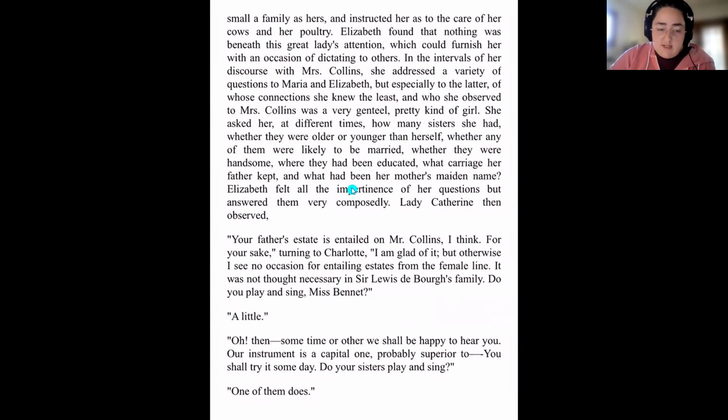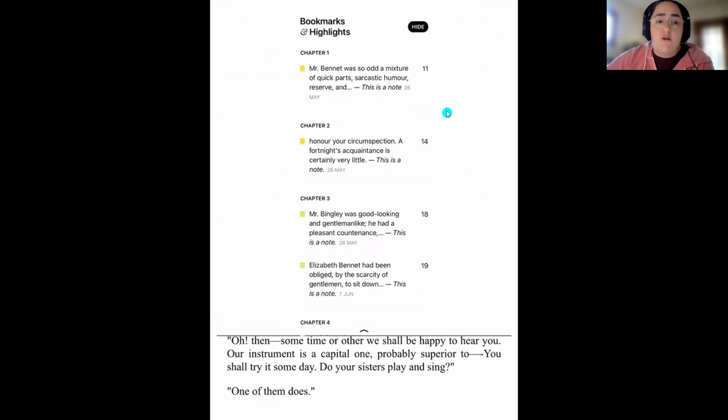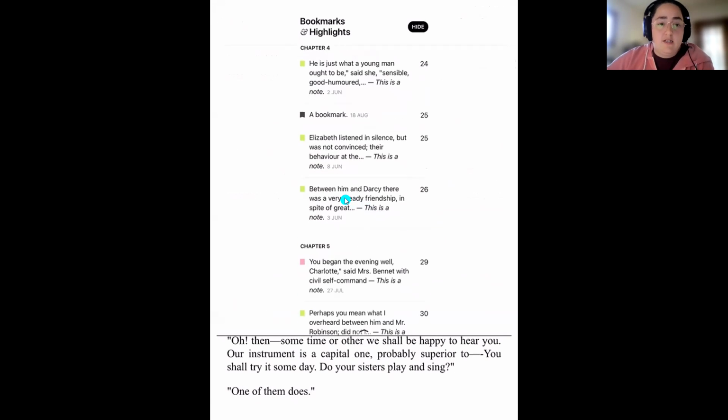What you're going to do is tap on the center of the screen when you're reading the book. And then up in the top right-hand corner here, you'll see 3 bookmarks sitting in a row. If you tap on those 3 bookmarks in a row, you'll see all of the notes and highlights that you've ever made in that book. So let's say, I want to reference this note here in chapter